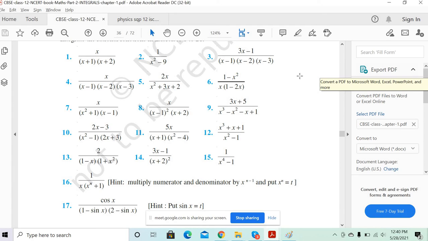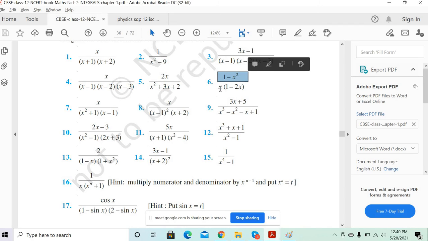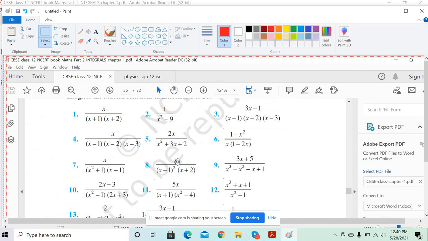That is all right. So the first thing you need to do is the long division method. In the long division method, you divide 1 minus x square by x minus 2x square. You get the quotient and the remainder. After that, put it in mixed fraction terms and integrate separately. Okay. Not clear? Not really, sir. Okay, no problem. Let me help you understand how we do this part.